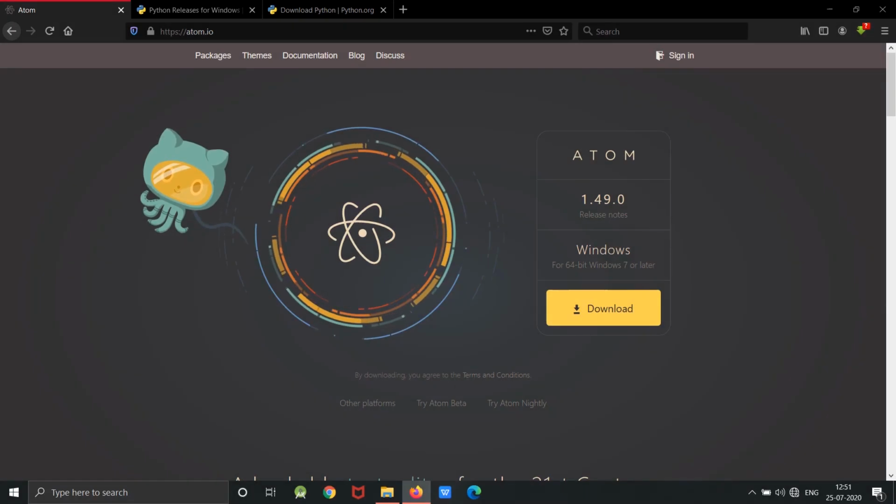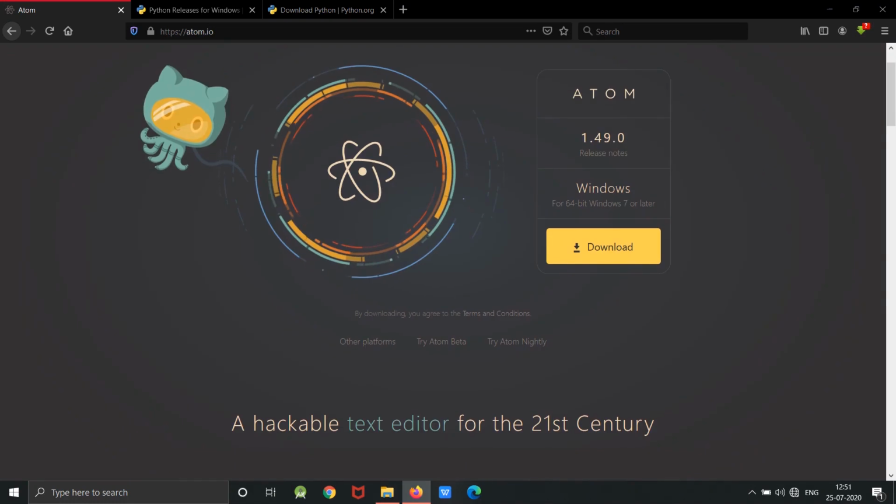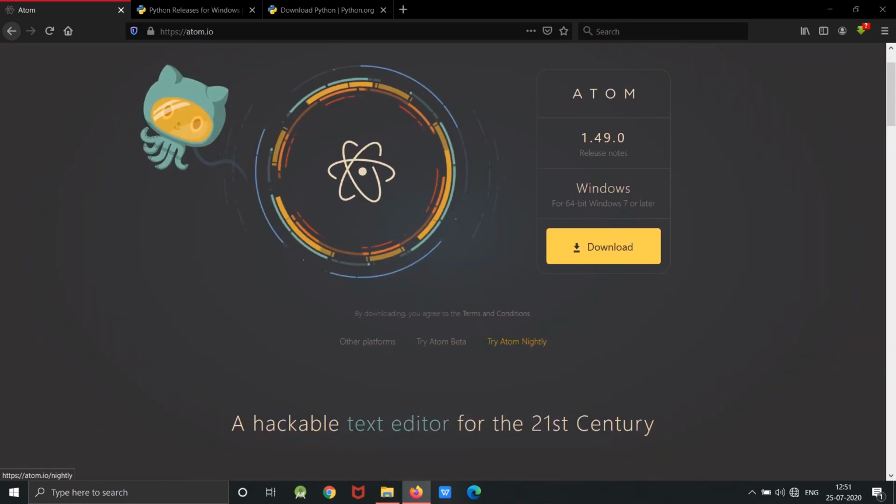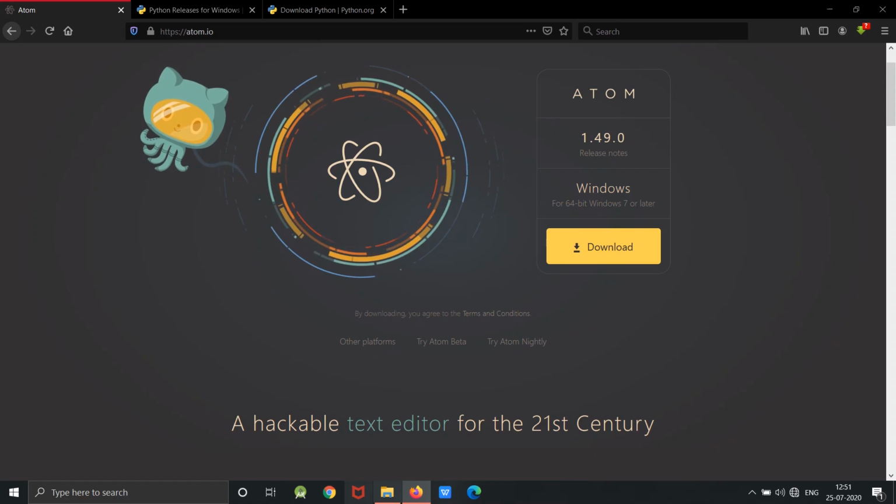Now we'll download the text editor. I'll recommend Atom. It's a desktop application built using web technologies, and it comes with embedded Git control. You'll come to know how big a deal that is later. We'll go to atom.io. Again, I have provided the download link in description. You'll see the download option at the first site. So just download and install it like a normal software. Once you click the setup, it will automatically run and install Atom for you.